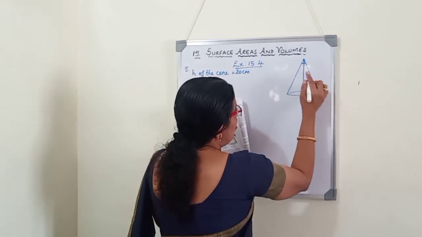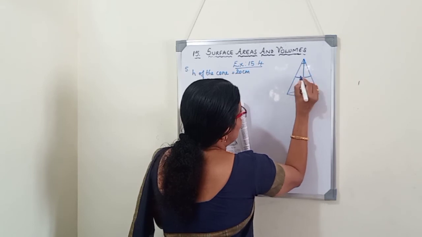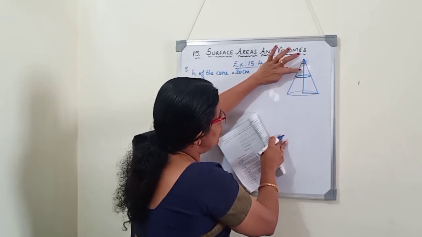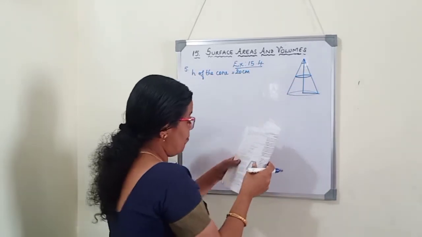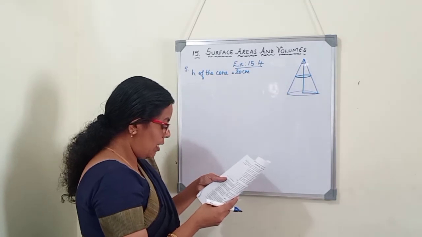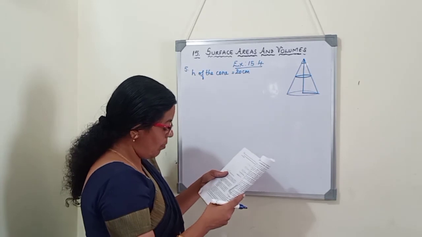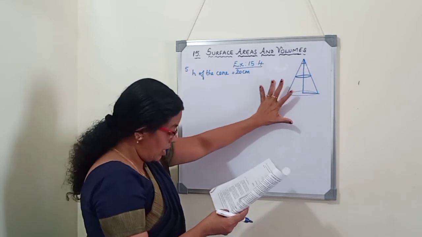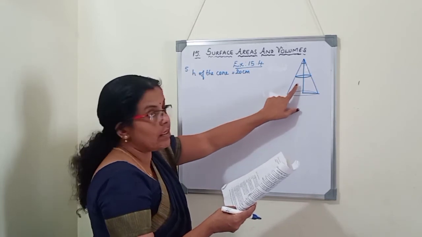So here this cone will be cut into 2 parts with a plane in the middle part like this. So this cone will be separated by a plane. So here this is the cone and the remaining part, down part, is the frustum of the cone. If the frustum so obtained be drawn into a wire of diameter 1 by 16 cm, this part will be melted and made in the form of a wire of diameter 1 by 16 cm. Find the length of the wire.